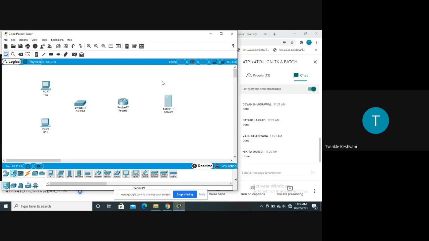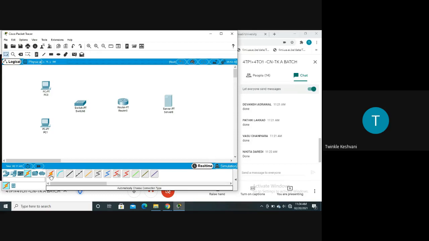First of all, you have to place all the devices. Then after that you need to give the connections. For that, the fourth tab on the bottom side is connections. When you click on the connections, if you see my cursor, the first one is automatically choose connection type.